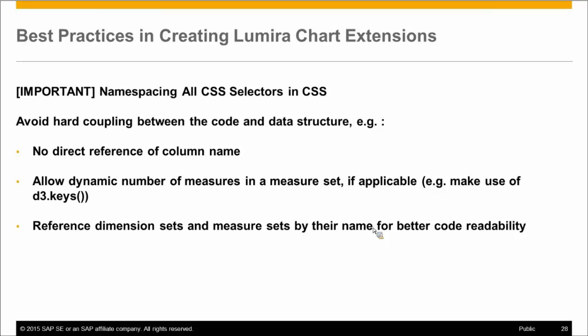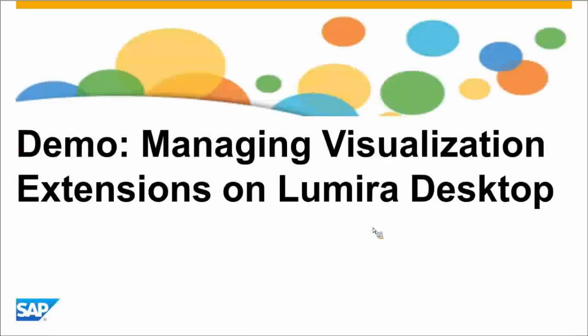And again, avoid hard coupling between the code and the data structure, just like what I just did with the population pyramid chart. I'm not using the static column name, and instead I dynamically retrieve the name of the dimensions, the name of the measures, so that it can cope with different data structures. Okay,